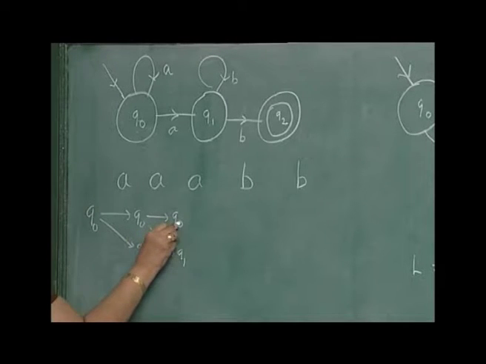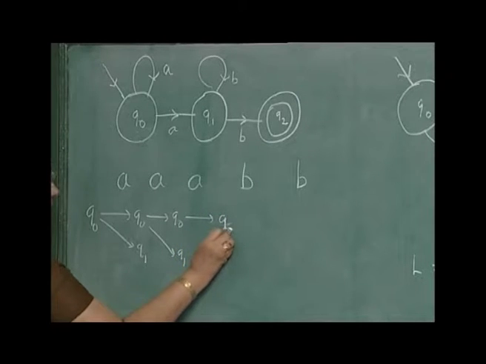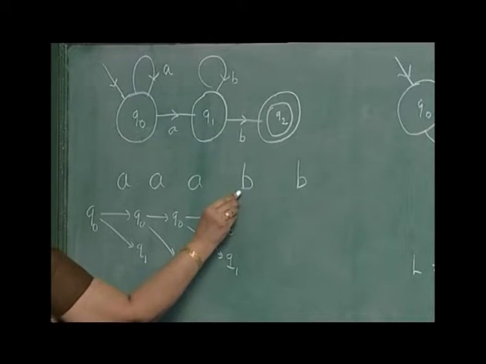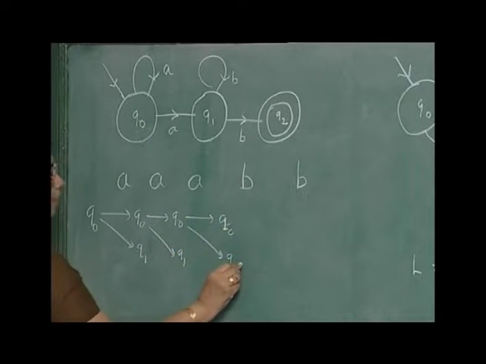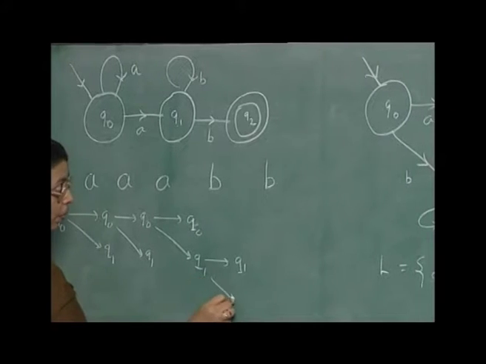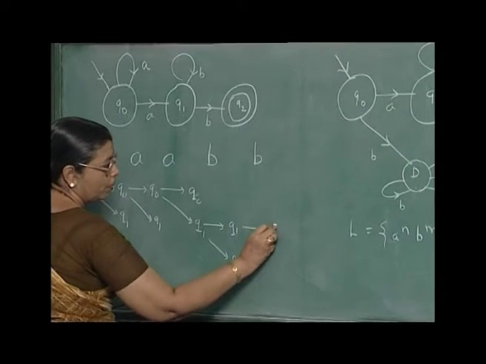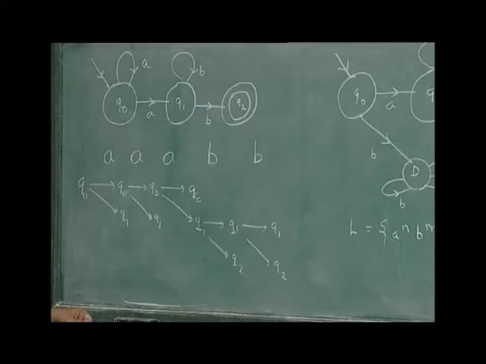Now, again if you are in Q naught and you get A, the next instance you can go to Q naught again or Q1. From this direction we cannot proceed further. Continuing like this, in Q naught if you get a B, you cannot proceed further because there is no transition mark there. But in Q1 if you get a B, you have two choices, either you can go to Q1 or you can go to Q2. Again in Q1 when you get a B, you have two choices, you can go to Q1 or you go to Q2, but in Q2 you cannot read any symbol, no transition is there from Q2.